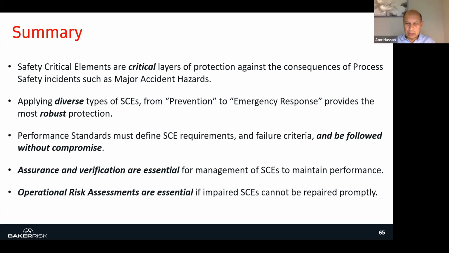By doing these two things, the proper criticality ranking and fit-for-purpose verification frequency, I believe you will be able to implement the performance standard, which is the most important target. The target is not to develop the performance standard. The target is to implement the performance standard. So these are the couple of points I want to share with the team and with James. Thank you very much, and I'll get back to James. Thank you, James.